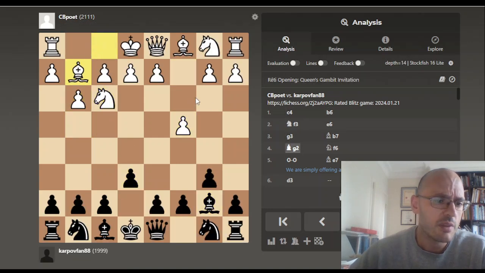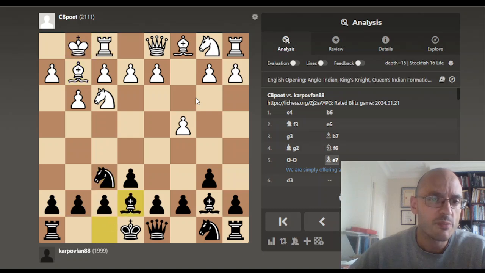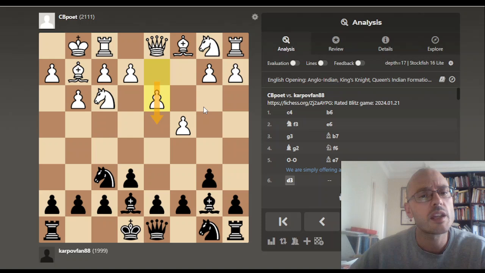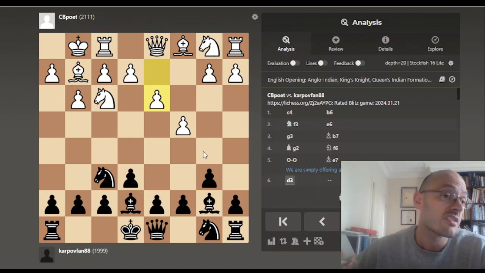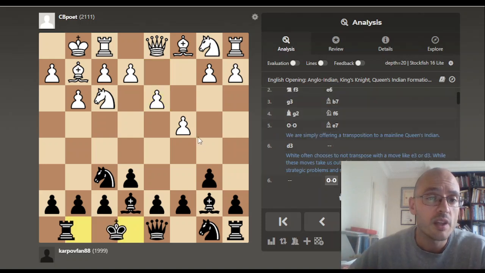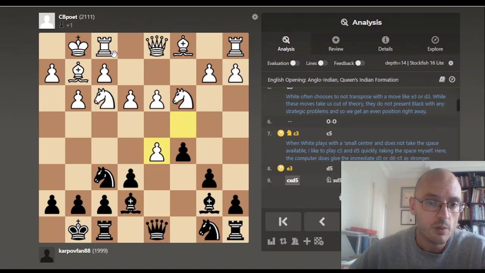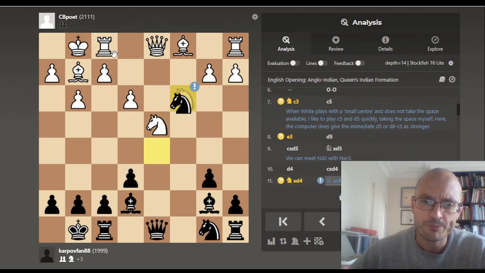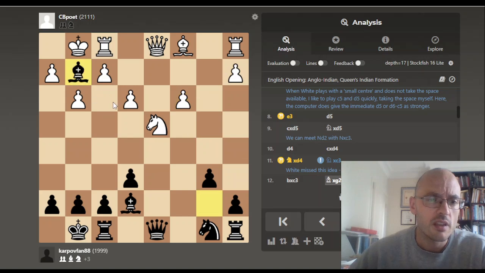And this is the sort of game that you can expect when your opponent plays something that's like a Queen's Indian mainline but refuses to go into the Queen's Indian mainline with d4. You just play c5, play d5. You've got at least an even position, often a small advantage, and then you just see what happens from there. And it's a common theme in the Queen's Indian mainline. Once there's this exchange of bishops,